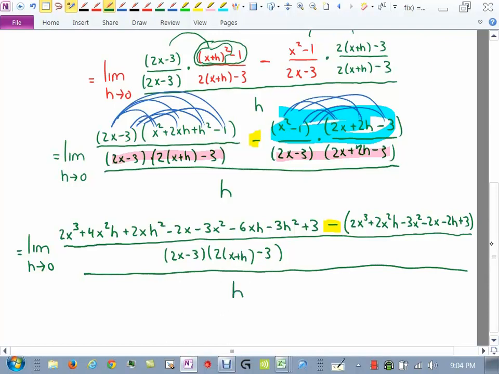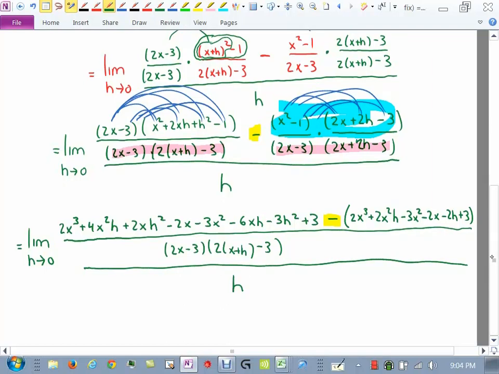All right, so when we start to put this all together, things start to cancel. This 2x cubed, this 2x cubed. Let's see, what else cancels here? We've got a negative 3x squared, negative 3x squared. We've got a negative 2x, and then this one, negative and negative becomes positive. The 3's at the ends cancel. And what else? I believe that's everything that cancels. What we should be left with